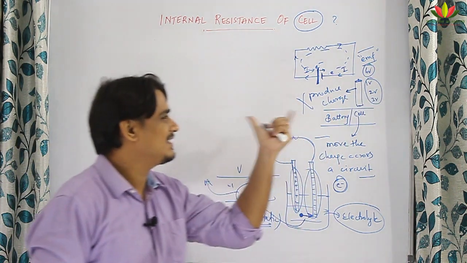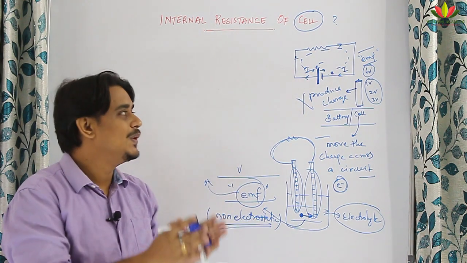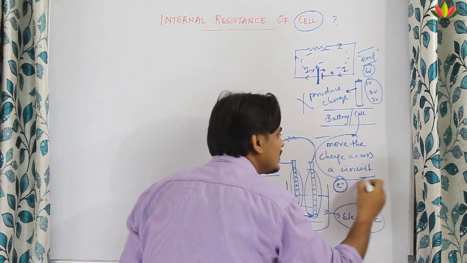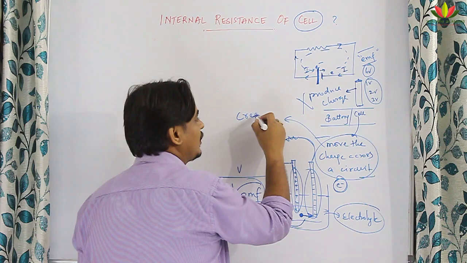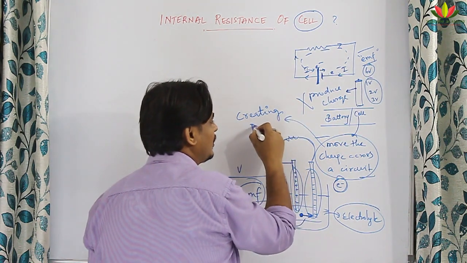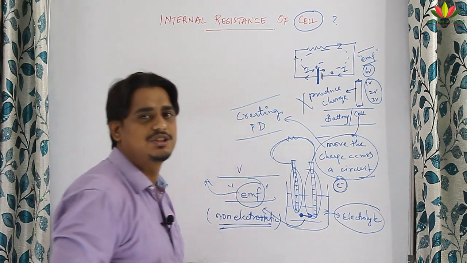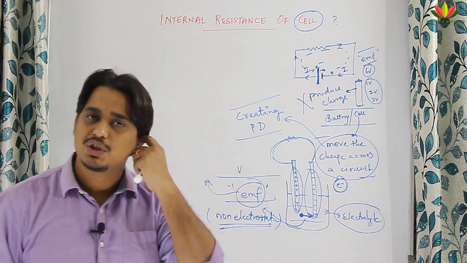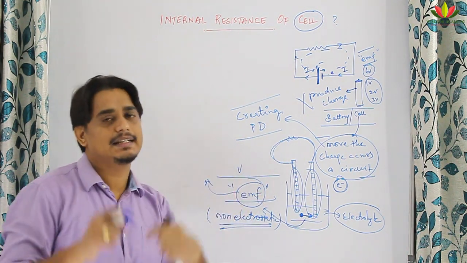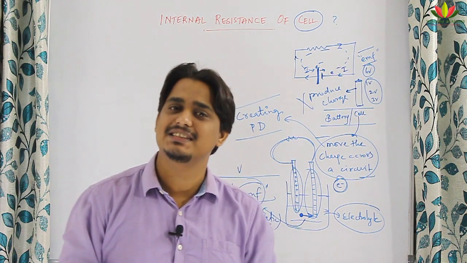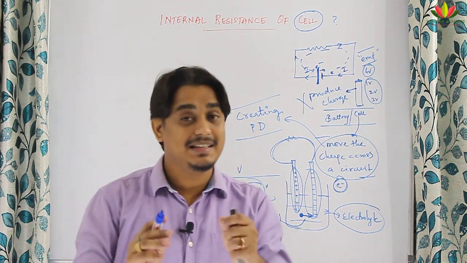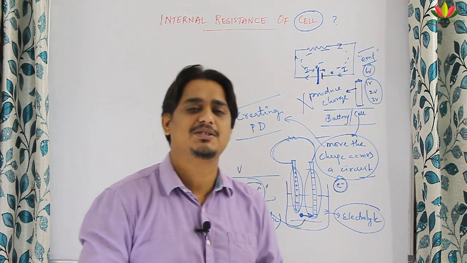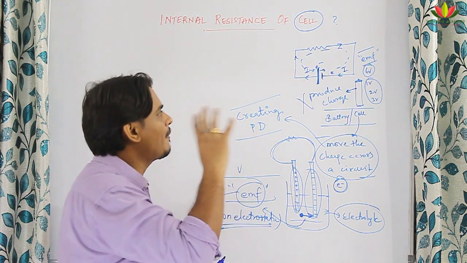But first, to understand what a cell is: it is a device which makes the charge move across the circuit. How does it make it move? By creating a potential difference. I told you that if you create a potential difference, the charge will start to move. So, a cell is a device used to create potential difference, which in turn helps to move the charges inside a circuit. Please make a proper note of it and understand how a cell works. You have already studied it in chemistry, but even then I want you to have a proper idea.